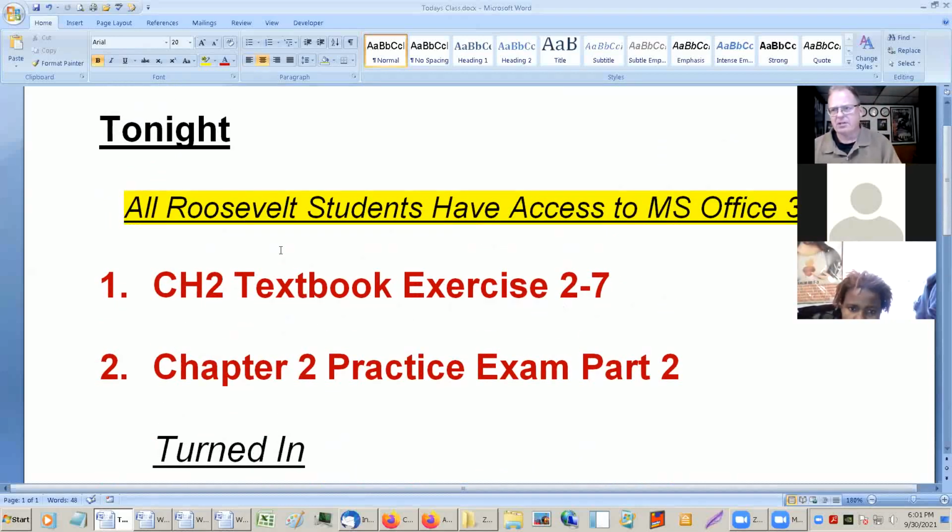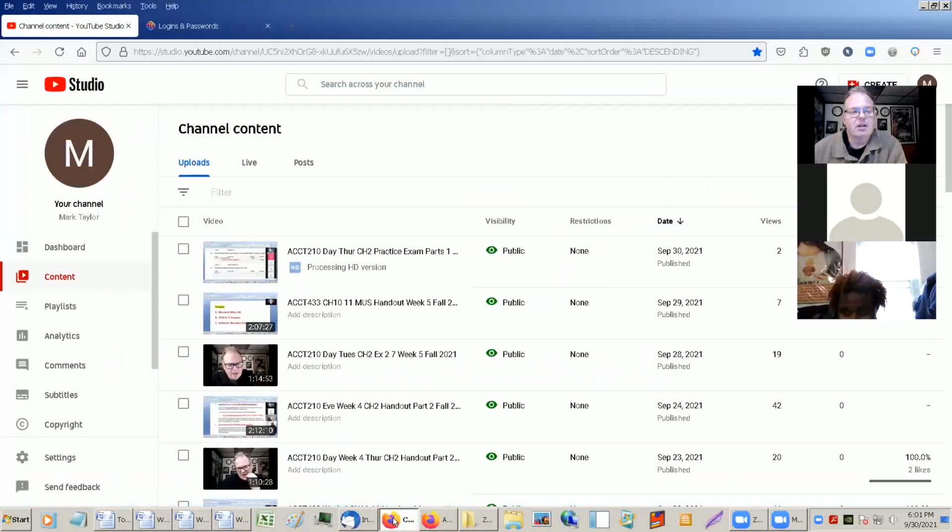All students have access to Microsoft Office because some people have emailed me saying that they don't have MS Office, but actually you do have it. And even if you have an Apple computer or something like that, you can use it through the browser. So the first thing you need to do is